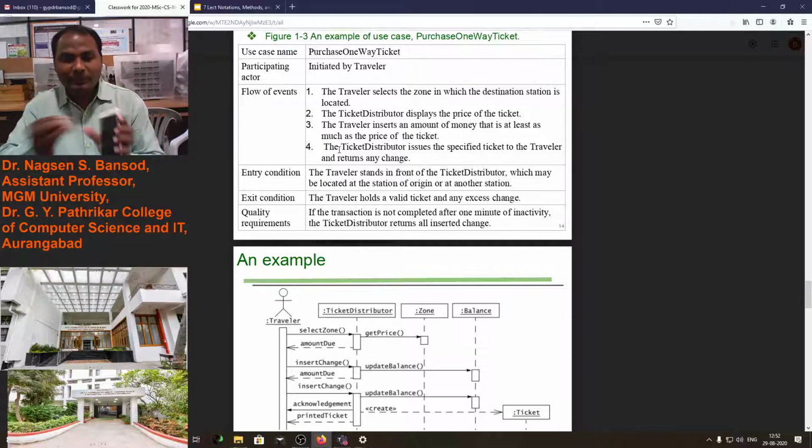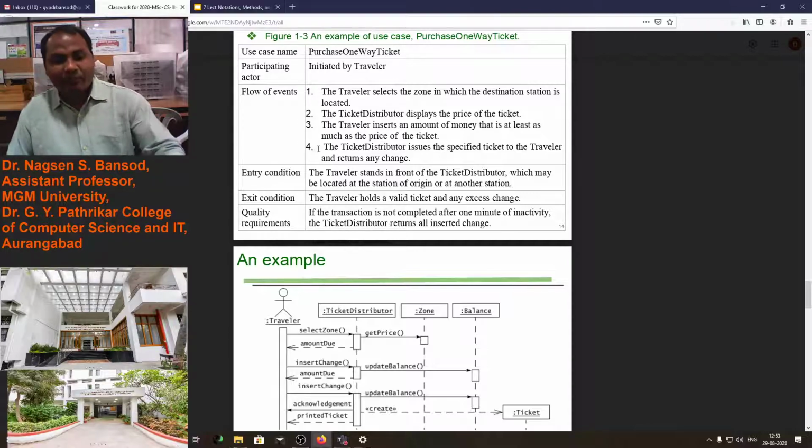That money should not be less than the price of the ticket. Suppose we want to take a ticket of 50 rupees, at least we have to add 50 rupees or 100 rupees.